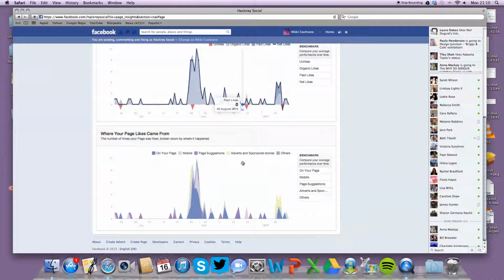Now the data here is really interesting because this tells us where people are looking at our page. There's a huge increase with mobile phones and tablets, so a lot of the data is coming from mobile phones. You can see here, just in the purple, 4 people looking at the page from mobile. We did a few adverts, so this shows us that people are looking at adverts from the page, and some of them are looking at it from their mobile.